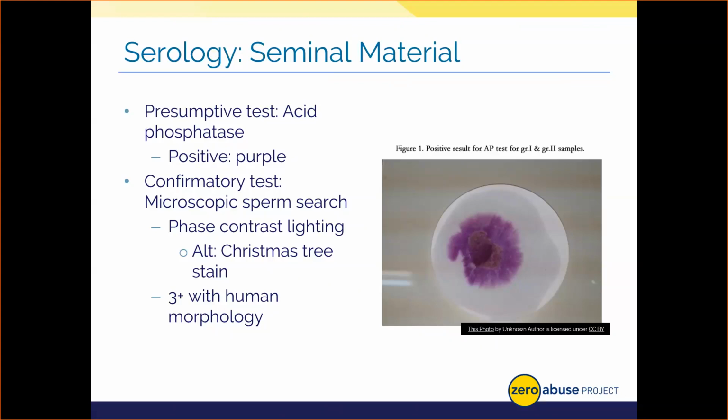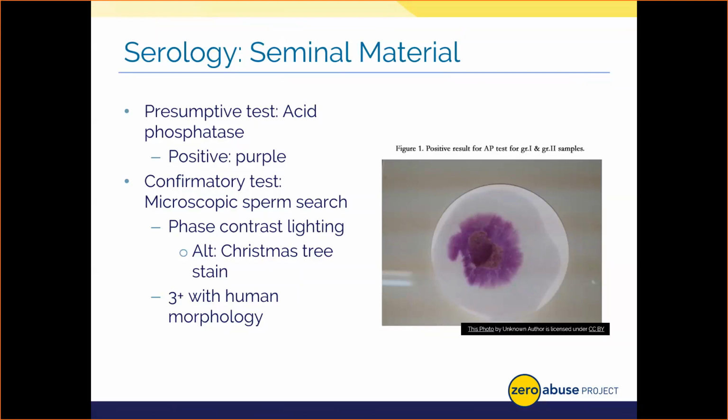Let's talk about how the test method works then. A water molecule is actually broken off of the alpha naphthol reagent by the AP, and it makes a new chemical called naphthol. Salt from the fast blue and the naphthol fuse together in the sample mixture and create that purple colored complex that forms if AP is present.